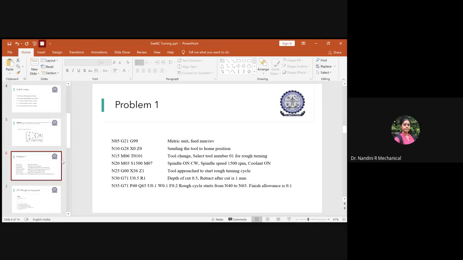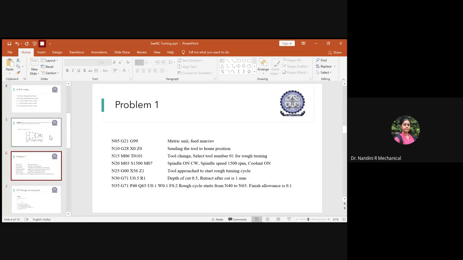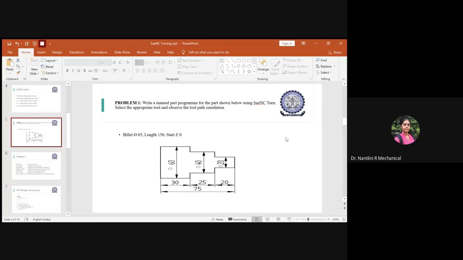I will tell you. These 4 will always be common. Once you design the metric unit, then you will send the tool to home position. Suppose in this diagram, when you fix the part which is placed in the CNC, in the software, the tool might be somewhere here or near the workpiece. When you go to G28, it makes the tool be away from the product.